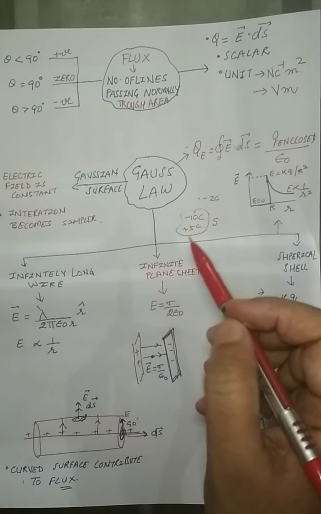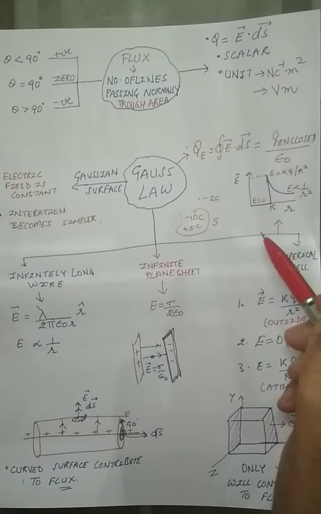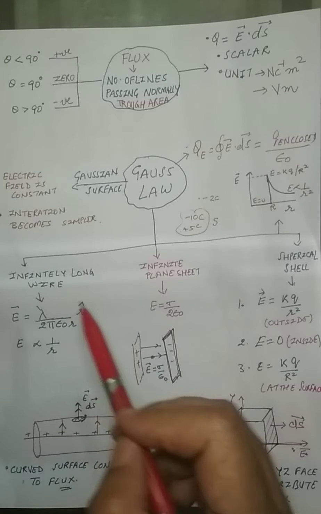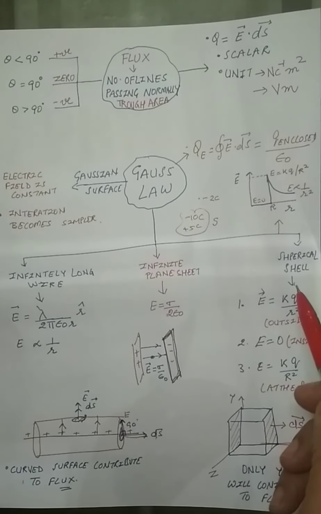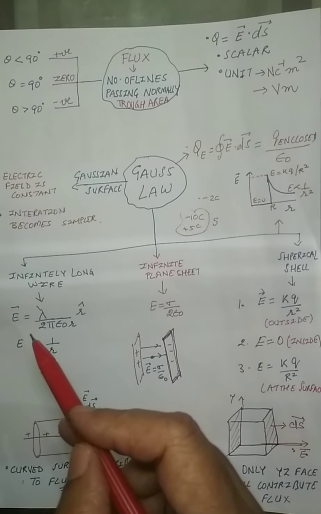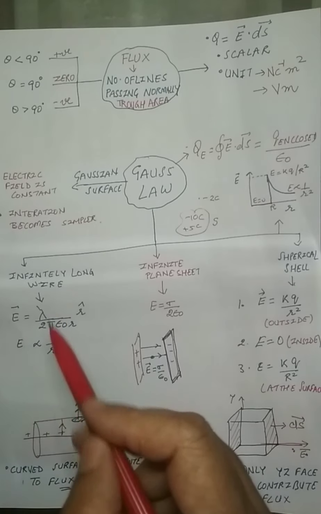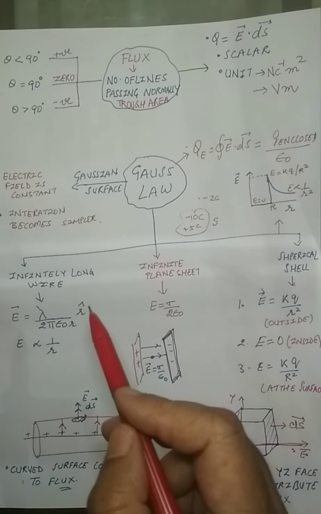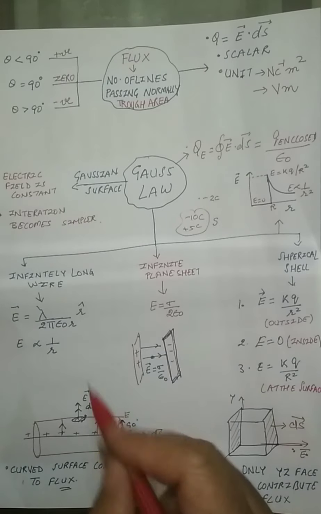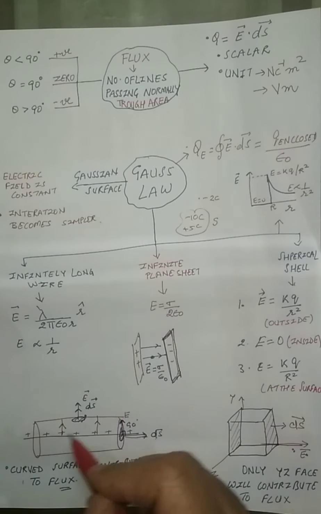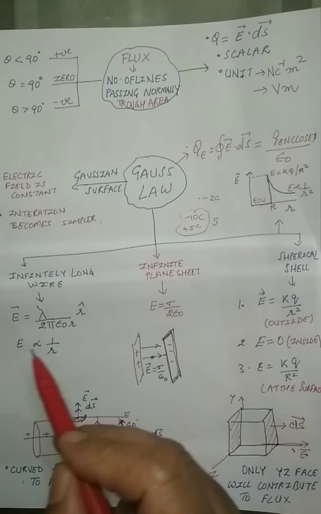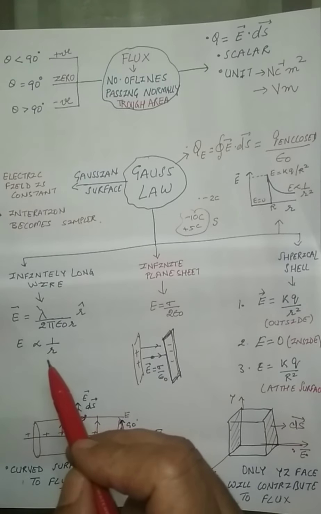Then next we did the applications of Gauss's law, where we found the electric field due to an infinitely long wire, an infinite plane sheet and a spherical shell. Now these are the expressions you have to learn for the MCQs or for the 1 markers. For the wire, the electric field is equal to lambda upon 2 pi epsilon naught r, times r cap, which denotes the direction. If it is a positively charged wire, the field will be radially outward, and if it is a negatively charged wire, the field will be radially inward. And you can see that it is inversely proportional to the distance.